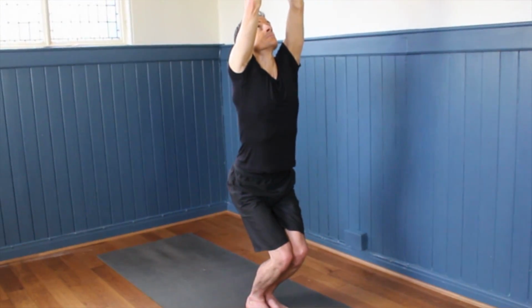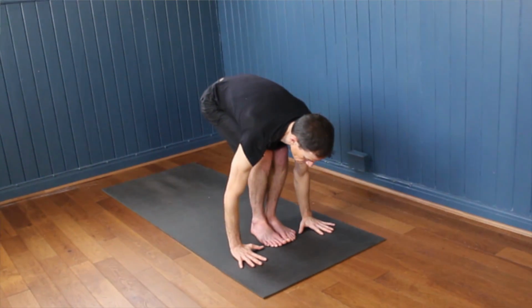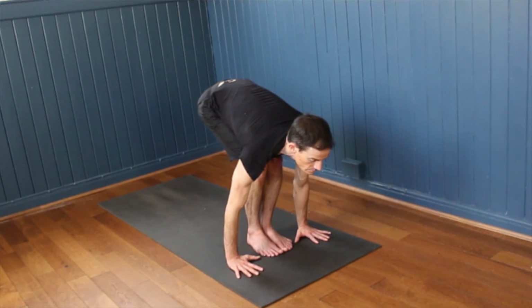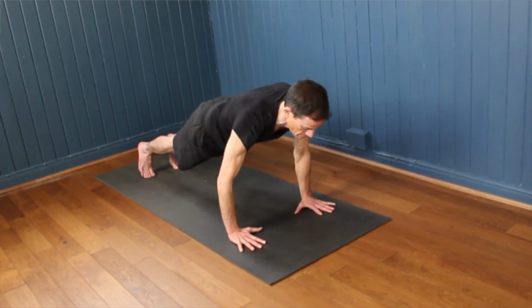5. Keeping the knees bent, exhale. See if you can place your palms down on the mat close to the feet. Staying low in the squat. Inhale and look up, lift the gaze. Pressing the hands down, either jump or step the feet back to plank, chaturanga, elbows in as we lower